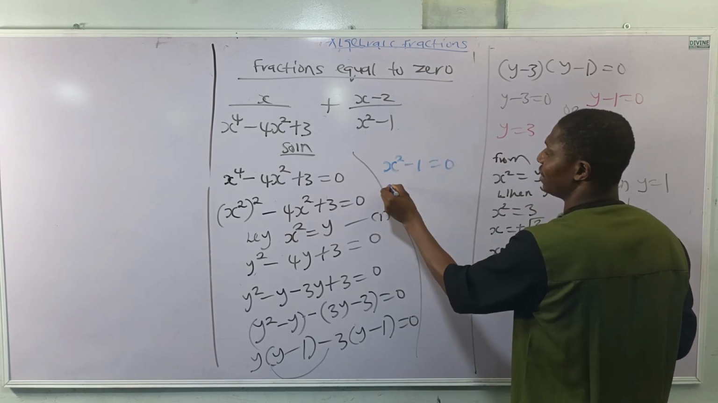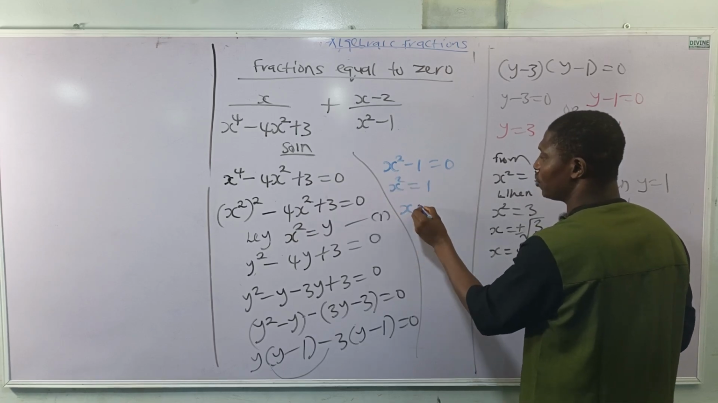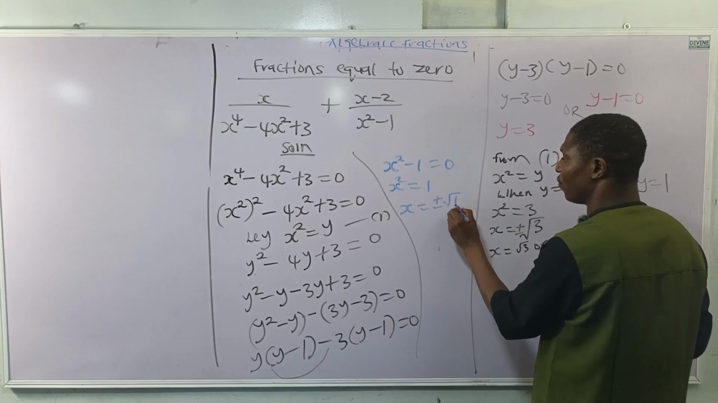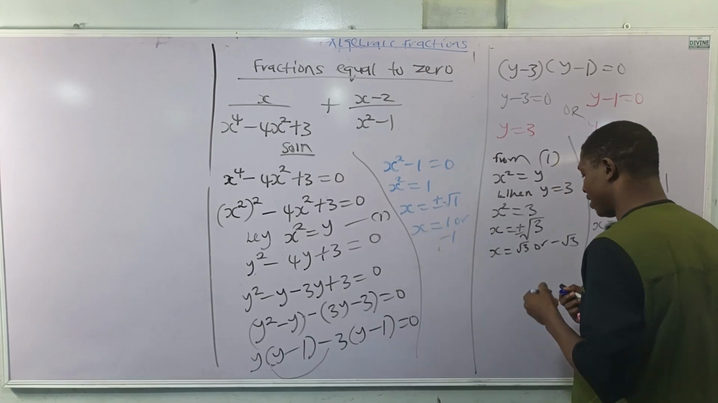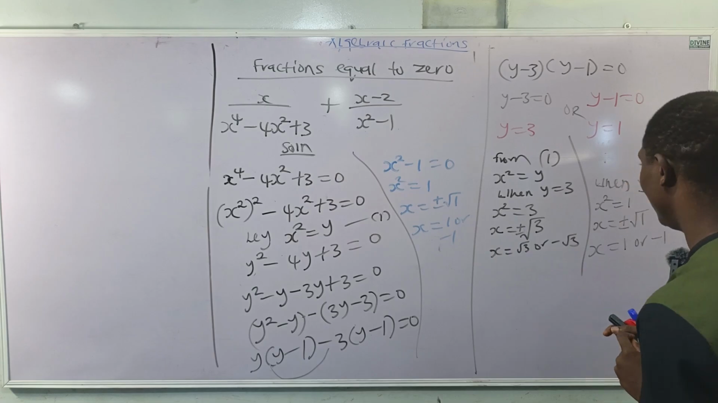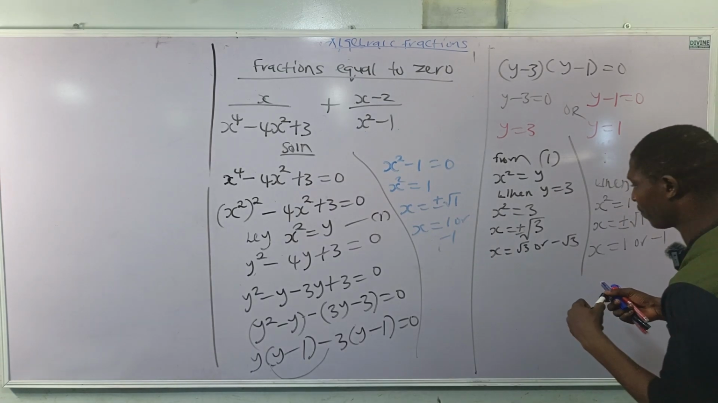You bring this to the other side. So it gives you x squared equal to positive 1, and x will be equal to plus or minus the square root of 1. And x will be equal to 1 or minus 1. So the entire expression is undefined when x equals